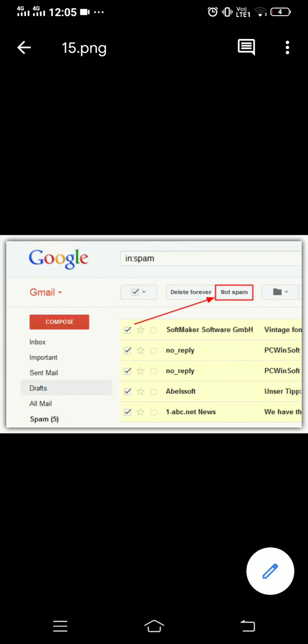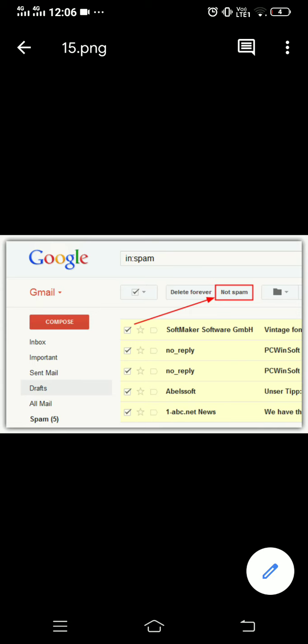Then the last topic is about removing spam from an email account. You people use emails. Now what do you mean by spam? Spam means certain unwanted emails which unknown senders are sending you. These unwanted emails are stored in a folder known as spam.